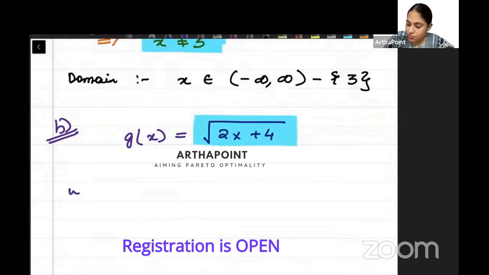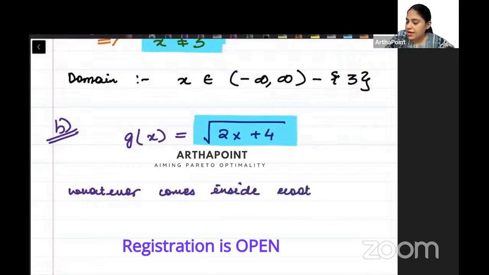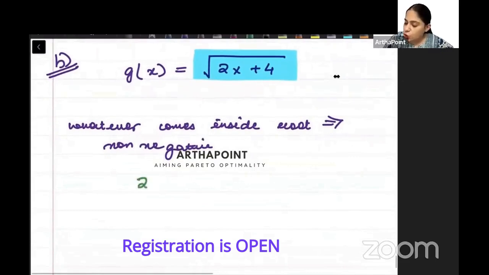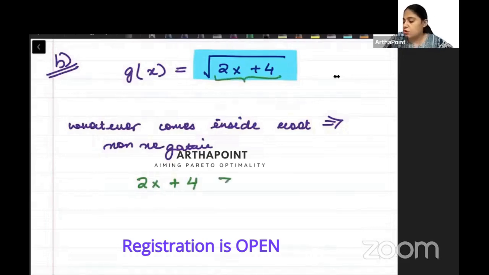So whatever comes inside the root has to be non-negative beta. है ना? माने we know कि 2x plus 4, जो भी रूट के अंदर आ रहा है, whatever is coming inside the root has to be greater